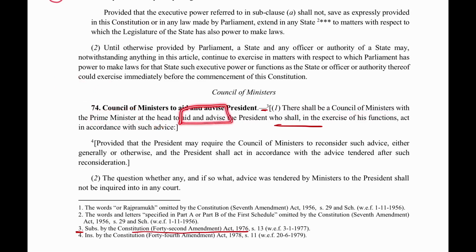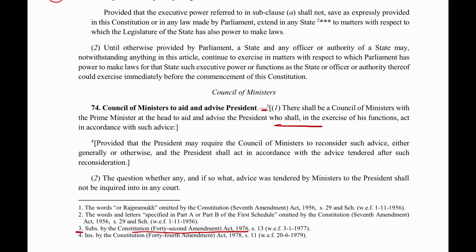To aid and advise. What will be the work of that Council of Ministers? To advise and help the President, who shall, in the exercise of his functions, act in accordance with such advice. Now please notice what is given for the President: the President shall act in accordance with that advice, which means it is binding. The advice of the Council of Ministers is binding on the President. And you will also notice this has been inserted later in the original Constitution. It is inserted or substituted by the 42nd Amendment Act. So this binding thing is done by the 42nd Amendment Act